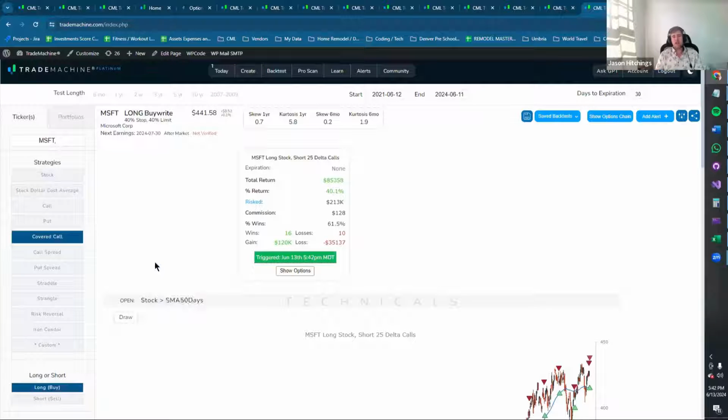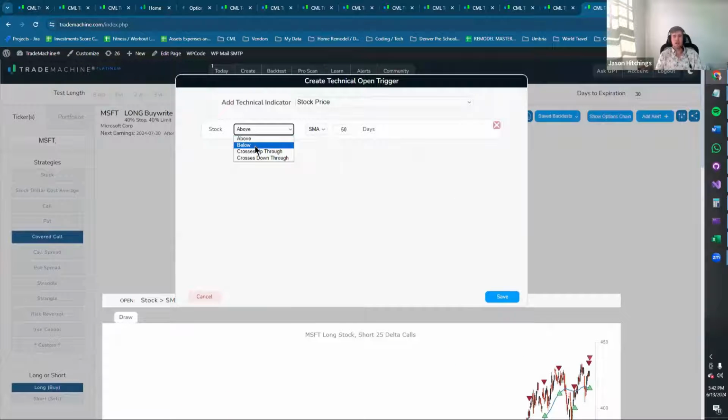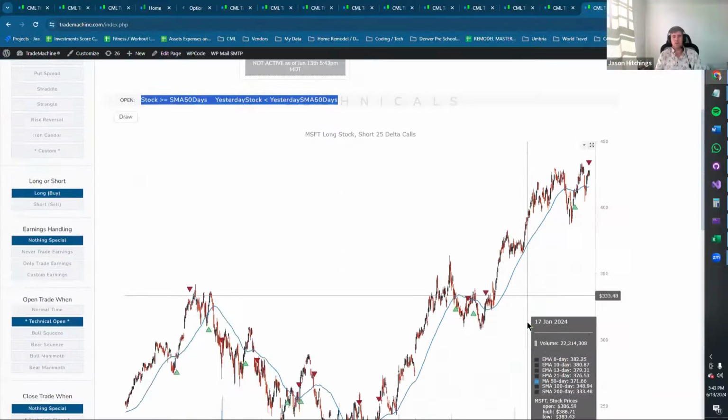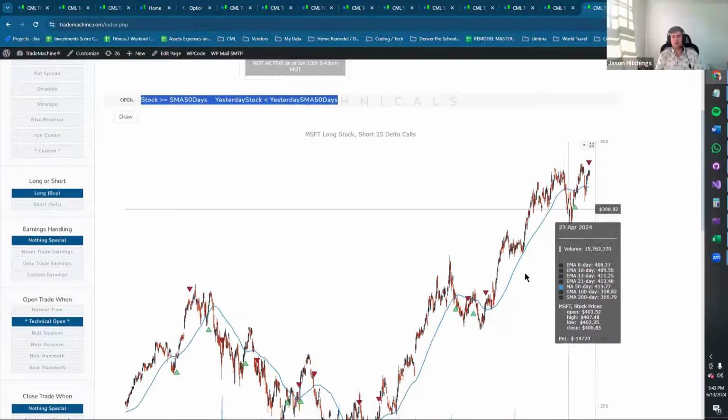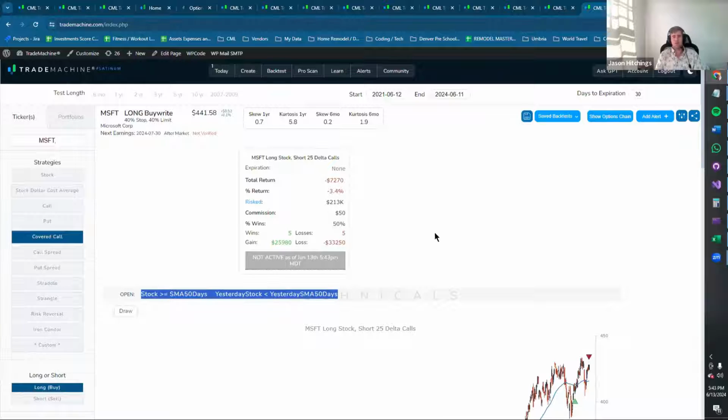And so if you want to say, when is the best time to do this so it doesn't get called away? It depends if you want to enter technical conditions. You could say, hey, if it's on an upward rise, am I going to get a better return if I sell when the stock is up? So you could say, for instance, how does it do if I only sell once the stock has crossed up through the 50-day moving average? Now you're going to have far fewer chances because it's only crossing up through the 50-day moving average. You can see the little green arrows, 1, 2, 3, 4, 5 times. So it's happening a reasonable amount. It happened about 10 times.